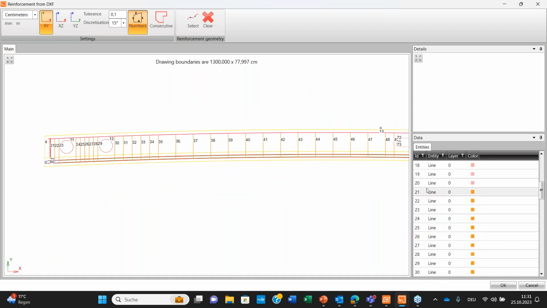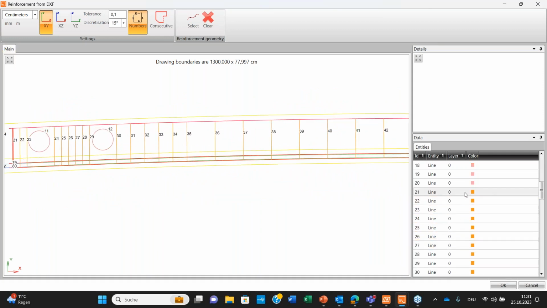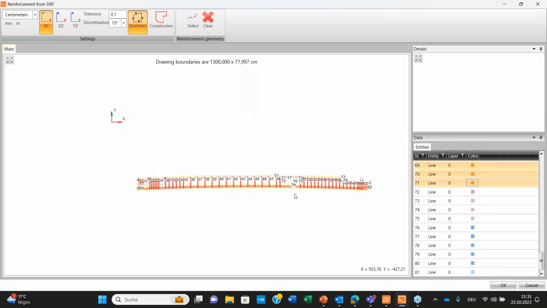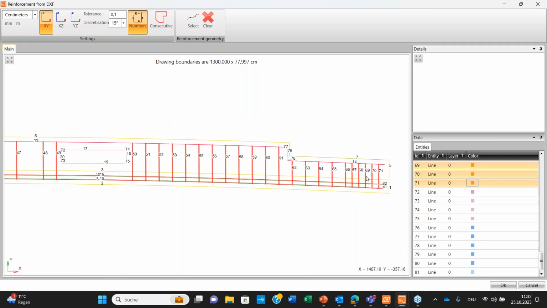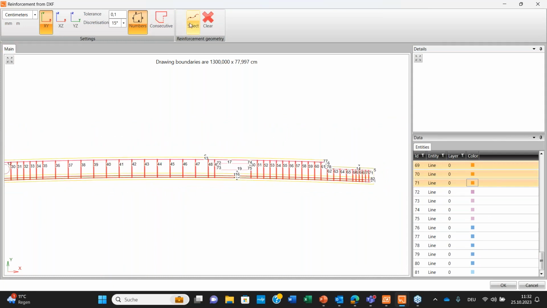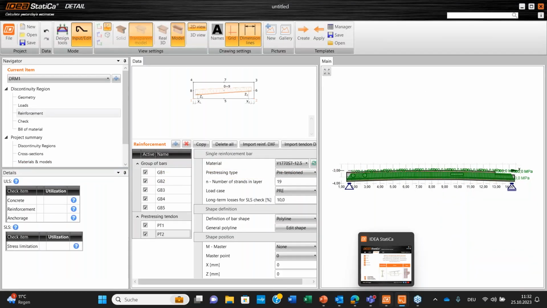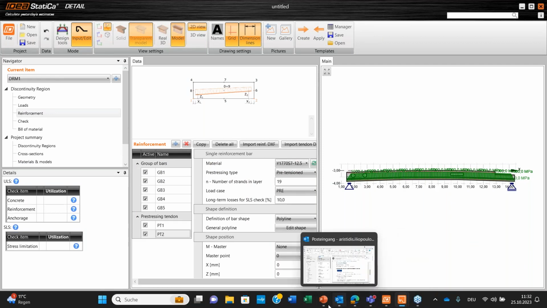And as you can see, this is the reason I have different colors here. I choose orange colors with my mouse. And as you can see, I have all the stirrups. I select them and I export the stirrups. So